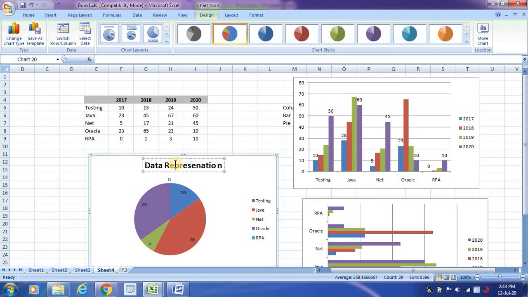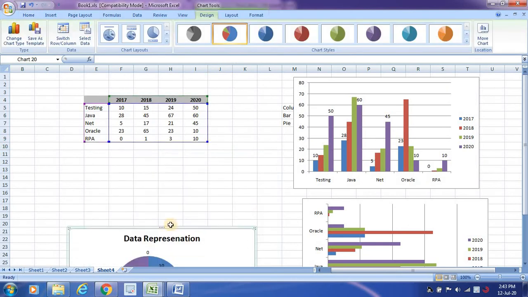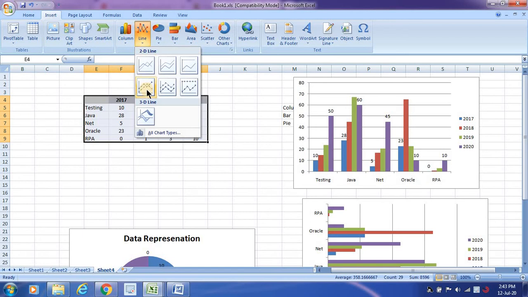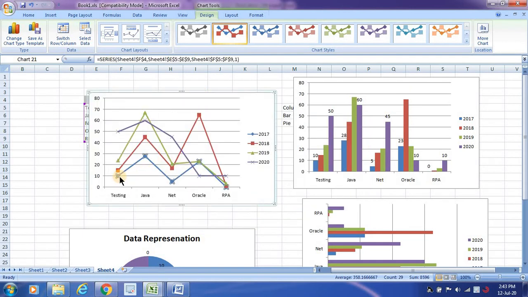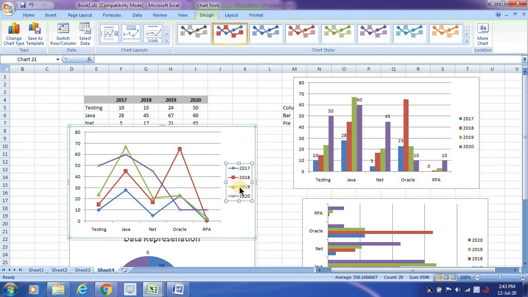Also you can do one more thing called a line graph. What do I mean by line graph? Say for example, if I want to display the entire data in the form of a line, just go to insert and then click on line. Whenever you want to show certain trends, you will show them with line graphs, that means how the data has come. Say, if you take testing, how many members are there in that particular period. See how the data flowed across different years. See the numbers and then the years. You can change the axis also if you want to provide the representation.